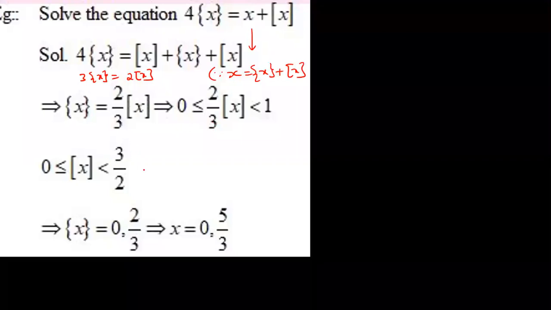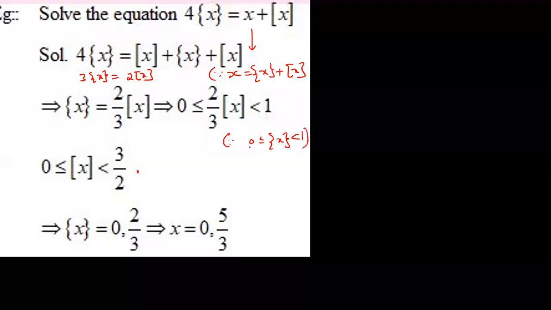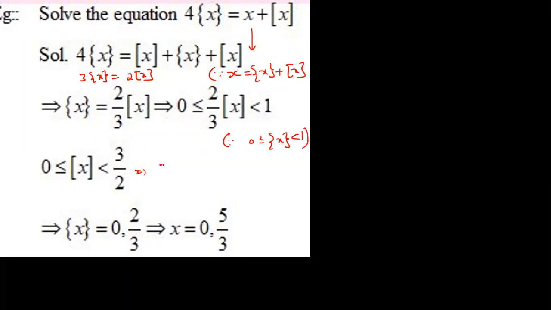So what integers are possible here? What is the reason? 0 less than or equal to the fractional part of x less than 1, that is the range. So for 0 to 3 by 2, what integers are possible here? That's the meaning: the integral part of x is 0 or 1. Then how much is the fractional part of x coming? So using this, find out the value in case 1 and case 2. We're getting these cases. Once revise your previous notes also, all of you.